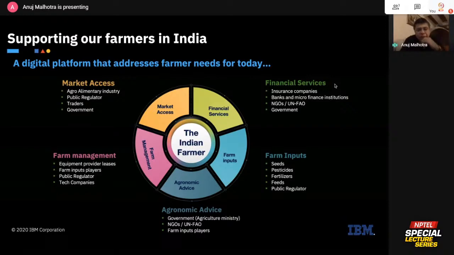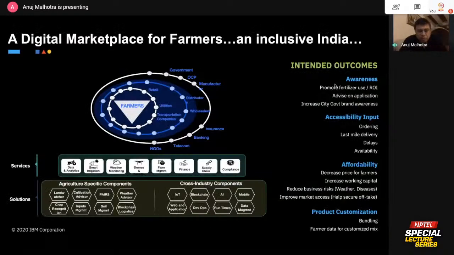Now, what happens if I make a digital marketplace for farmers, put farmers in the center of it, and make all the people who have to do anything with the farmer come to the farmer through the platform? The retail of their stock, the utilities, which is all the bijli and stuff that they consume, transportation of their crop basically once it's harvested, all this stuff around banking, insurance, wholesale distributor, everything. I can make a platform where the farmer becomes the king, and people, because they need to do business with the farmer, will come to the platform rather than the farmer having to go to everybody, right?